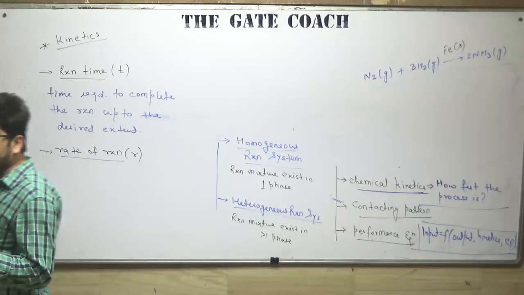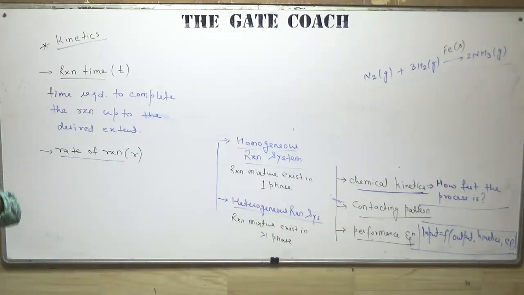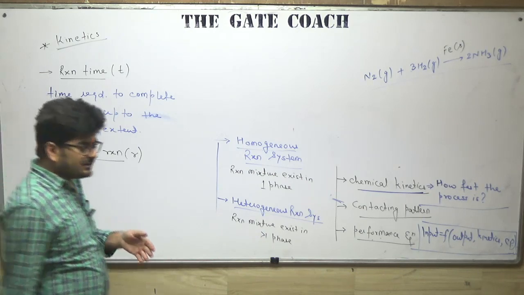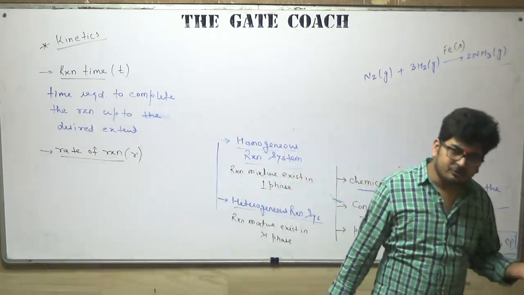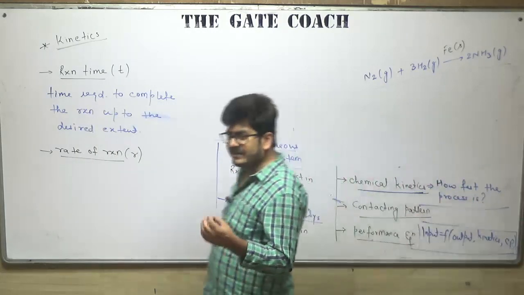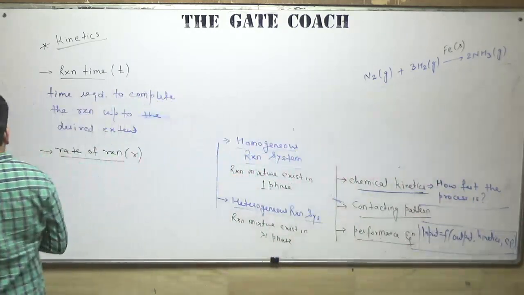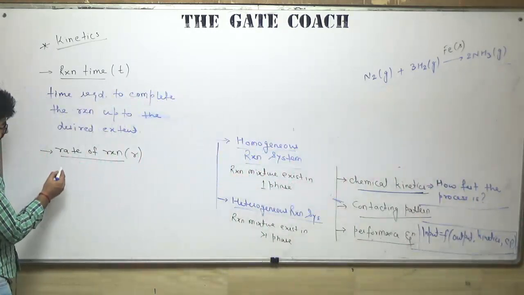We can define the rate of the entire reaction with the notation small r. And we can also define the rate of the reaction with respect to components participating in it. Means rate of reaction with respect to reactant, rate of reaction with respect to product. So for any component i,